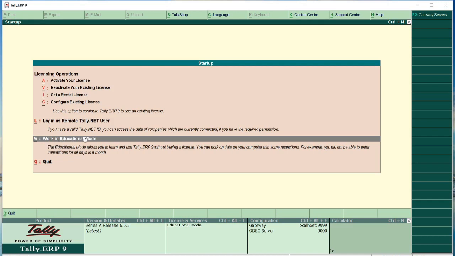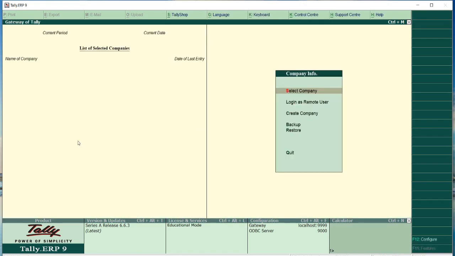So I am double clicking on this work in education mode option. Once you double click on this, then you will come across this company info menu. From this company info menu, there are various options available. For example, select company, login as remote user, create company, backup, restore and quit.